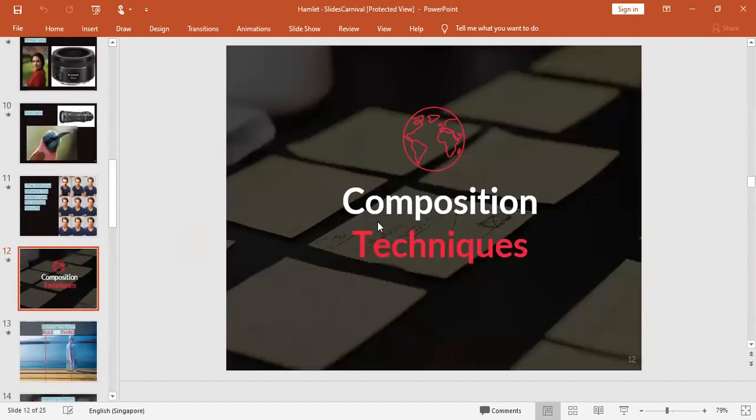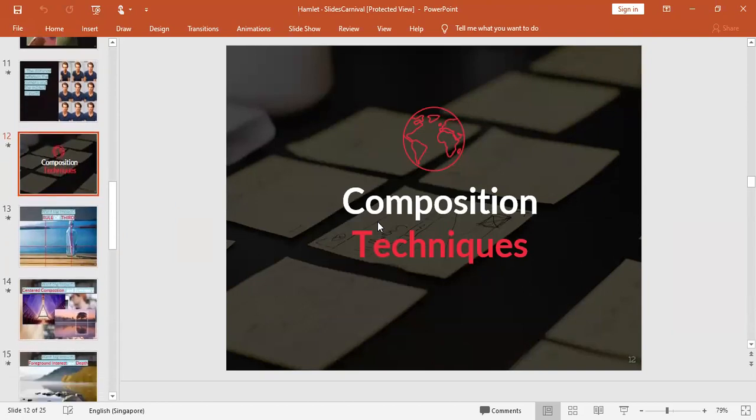Position. The angle and the image should be positioned, and a photographer must know where to stand and from where to take a photograph. That is composition. Again, a photographer must know where to stand and how to take that photograph, and where the photography objects should be situated. This is composition.